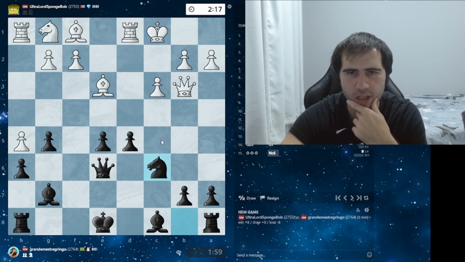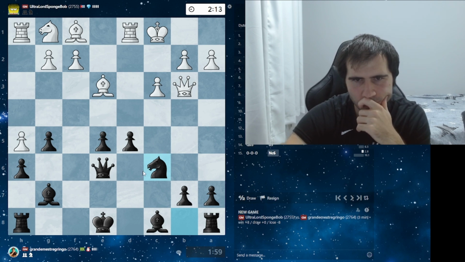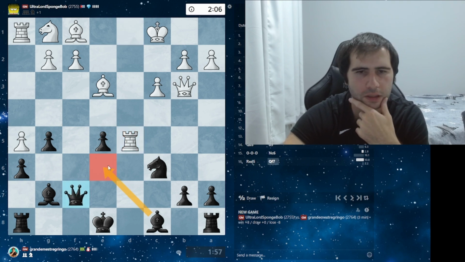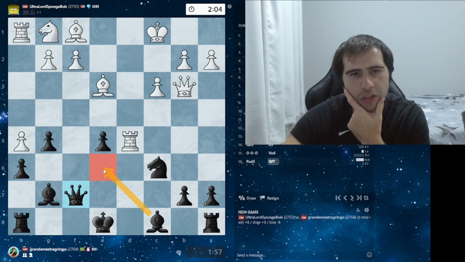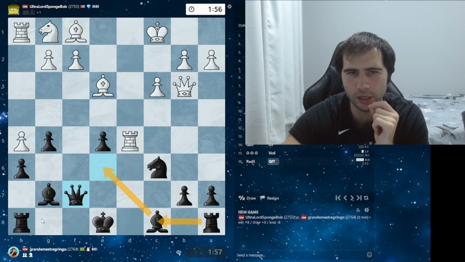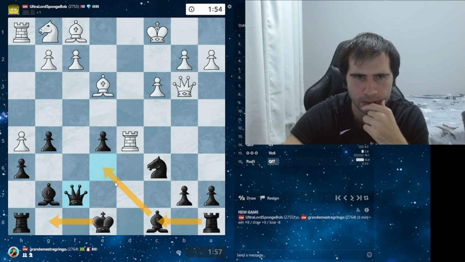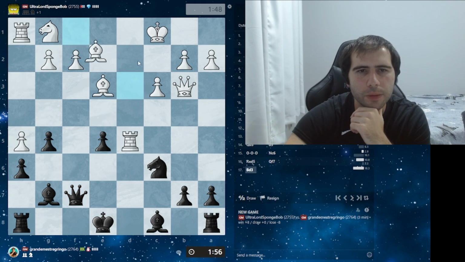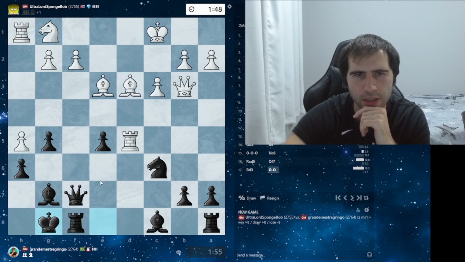I'll play knight c6. I think I have good compensation here. Yeah, perhaps I don't, but I don't know. Queen f7, bishop e6. I think this is a little risky for him. Bishop e6, bishop e6, rook c8, knight d4. At the end of the day, when I castle here, my king is going to be much safer than his. He could play bishop d3, bishop g6, but I castle now, and